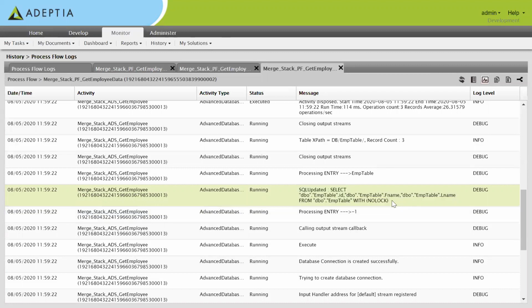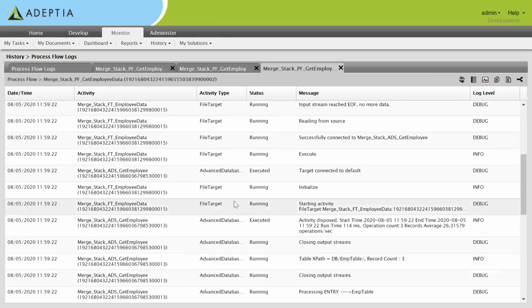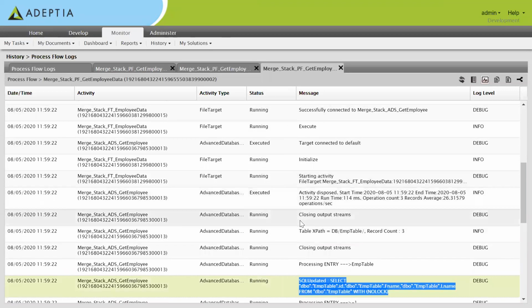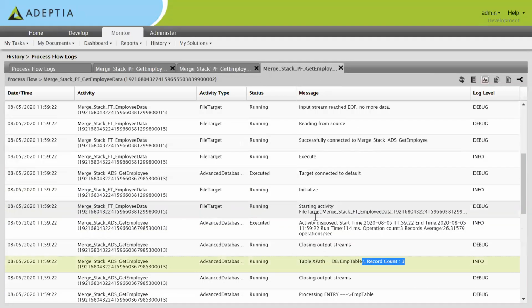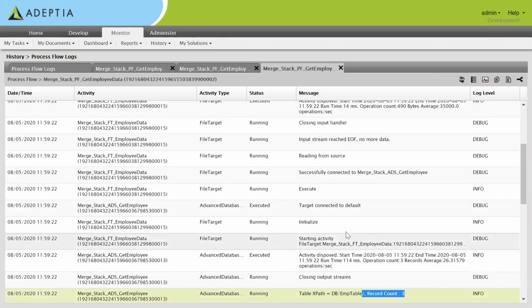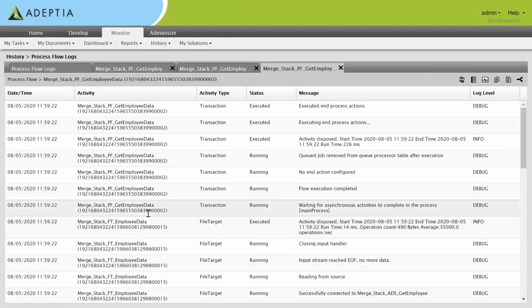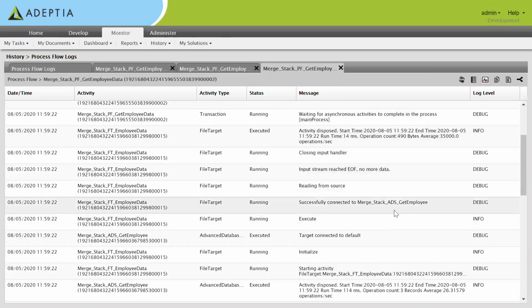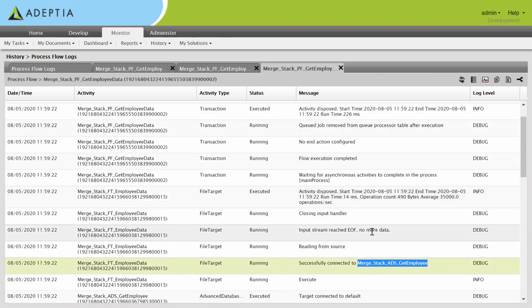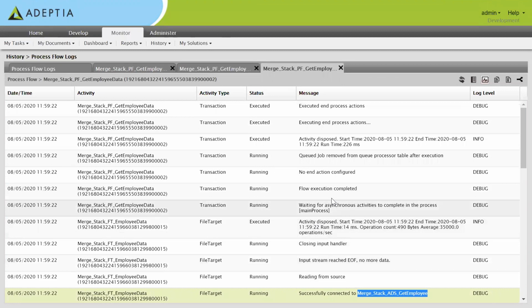This is the query that was used to get the data in the backend, and then how much time it took. It clearly shows 3 records retrieved from the database, and then there is a file target. You can see here, successfully connected to file, and then it's reading from source, input stream, closing. So this is the diagnostic log.